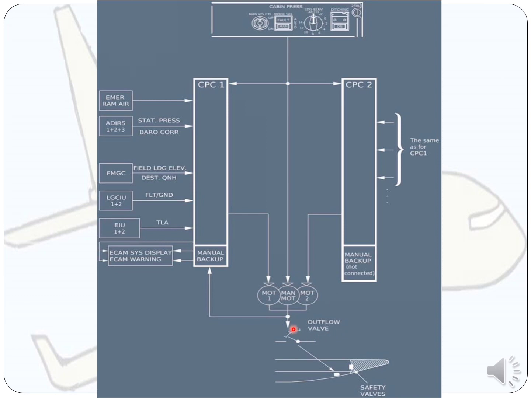The outflow valve is used for maintaining the cabin pressure, and it is actuated by three motors. You can see here the three motors. Normally two motors are used for the automatic and semi-automatic modes, and one motor is used to control the outflow valve manually. This is located below the flotation line, you can see here. And next we have the safety valve also, we will discuss in a later slide.